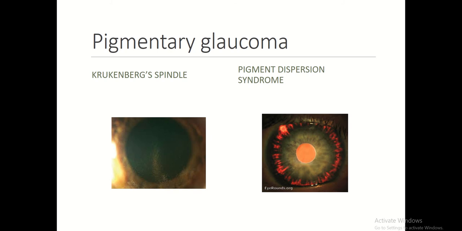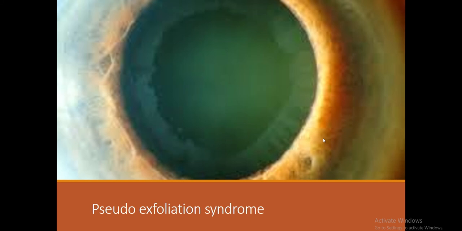So this is a picture of a pigmentary glaucoma. You can see the Krukenberg spindle on your screens. This is a Krukenberg spindle, nothing but a pigment deposition on the endothelial side of your cornea. And because of the excessive pigment dispersion, you can see the iris transillumination, because the pigment gets dispersed from this region, so that you are able to see the brilliant transillumination of the iris. So this is your Krukenberg spindle, and we move on to the next slide.